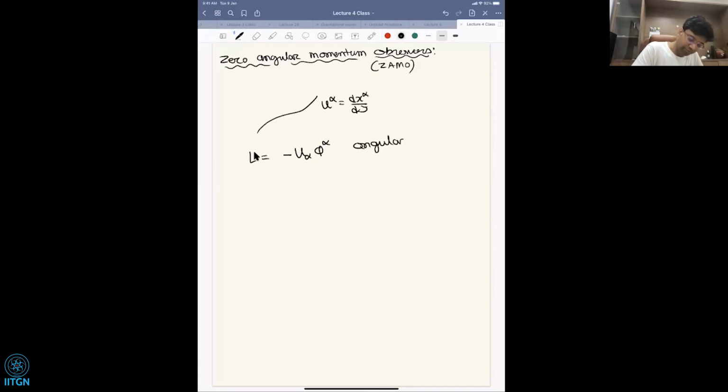Angular momentum. Nobody will oppose you. Okay. And how do you define energy? Instead of phi alpha, use T alpha. This quantity is conserved if and only if the particle is moving on a geodesic. Okay. Now let us look for